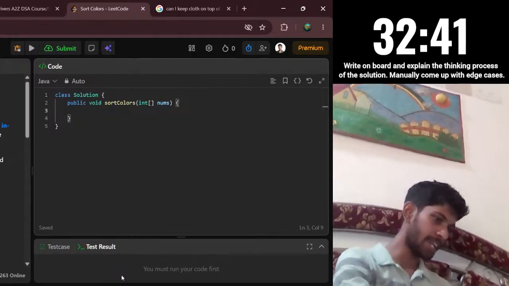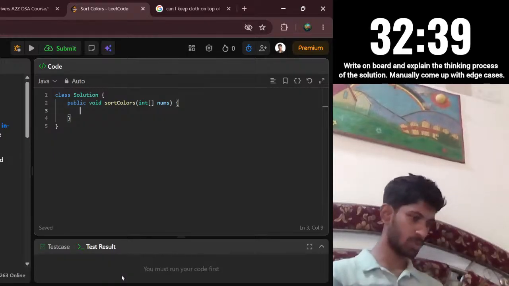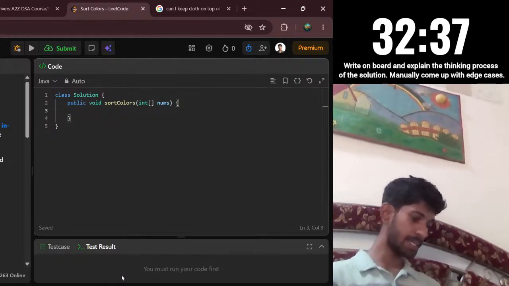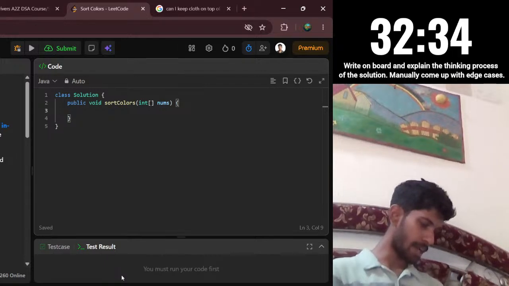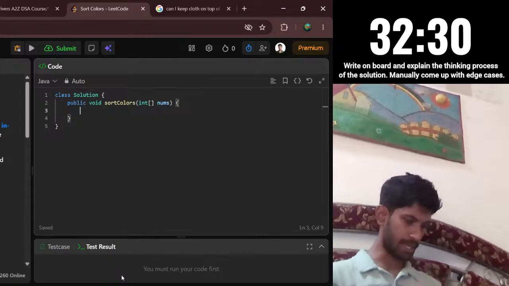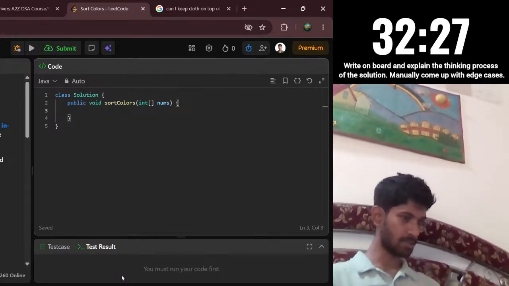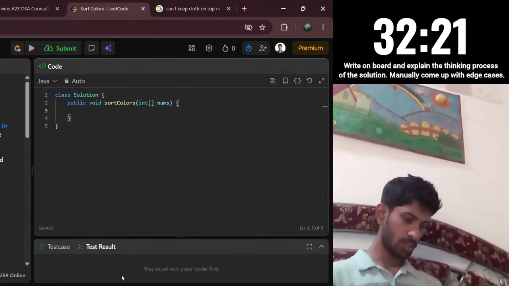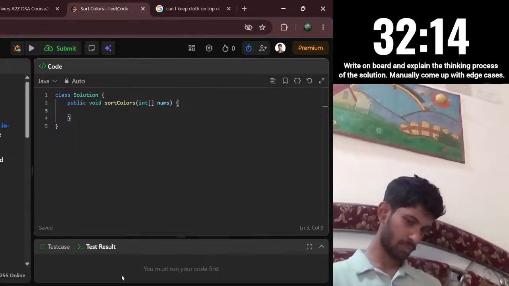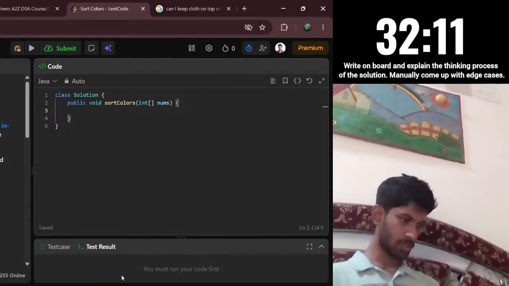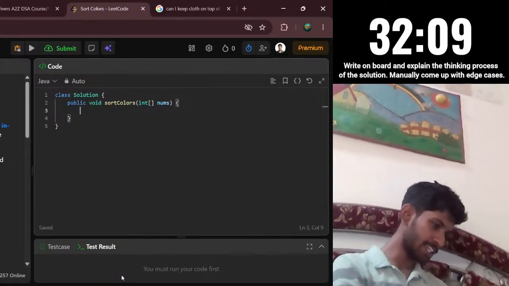Wait, if we encounter 2, we should keep it at array length minus count 0 minus count 1. So if we are seeing 2 here, then we will,